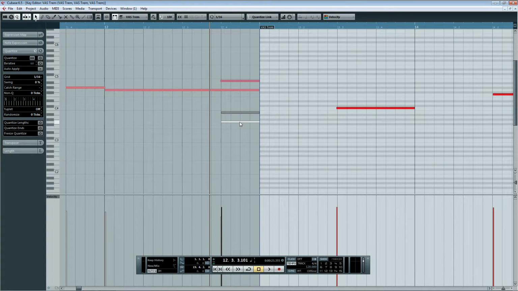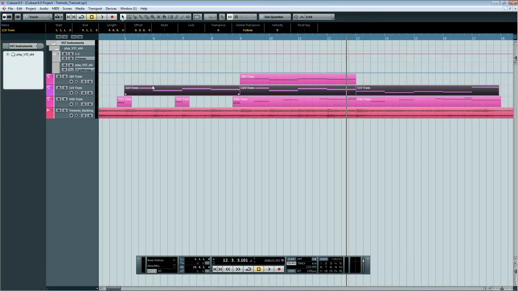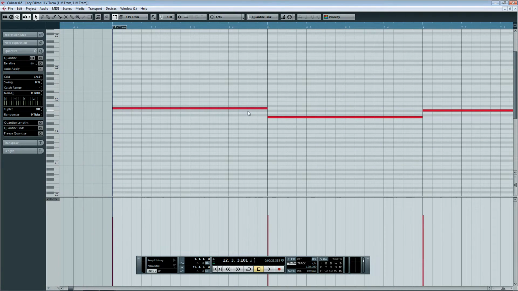What are these? Oh yeah, I know where they are. We can ignore them. It's just some of a part that is. See this here? It's just cut it off. Yes. So let's go to the 11 violins and do the same thing here as well, offsetting the note lengths